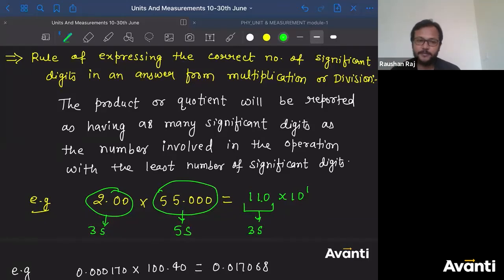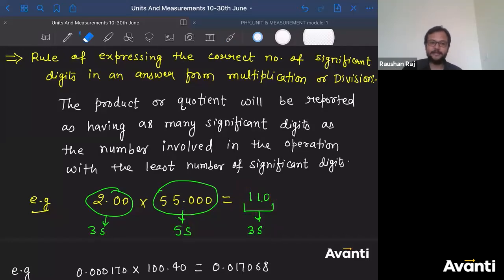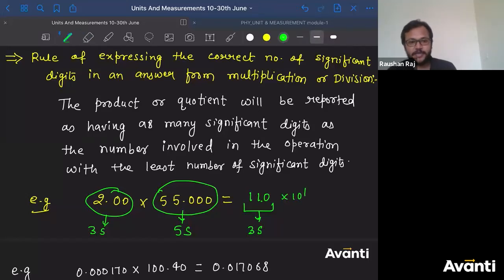You have to keep all these things in mind. So the resultant will have the number of significant digits equal to the least one of them. Ritvika, if you don't write 10 to the power 1, then the magnitude is not satisfied. Ritvika is saying, sir, don't write this, even that will be correct. Will that be correct? Multiplication of 2 into 55 is 11 or 110? You cannot write that, okay? Think about this.